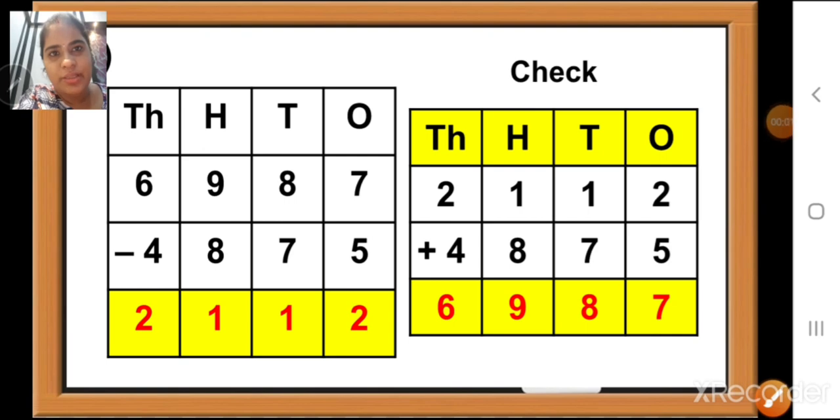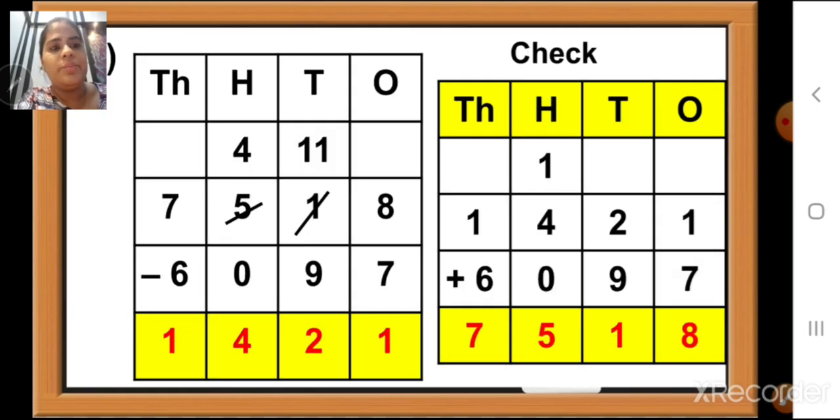After A question, children, now note down the B1, which is 6097 from 7518. First of all, we have to draw the columns properly. Then we have to write the place value and then write the numbers in the proper place. Children, this sum I have already done for you. We will go through it. 7518 minus 6097. After subtracting, we will get the difference as